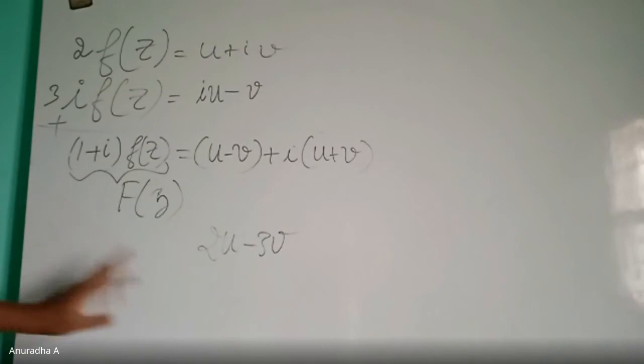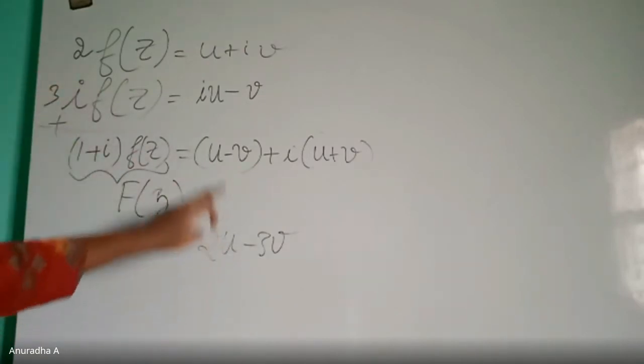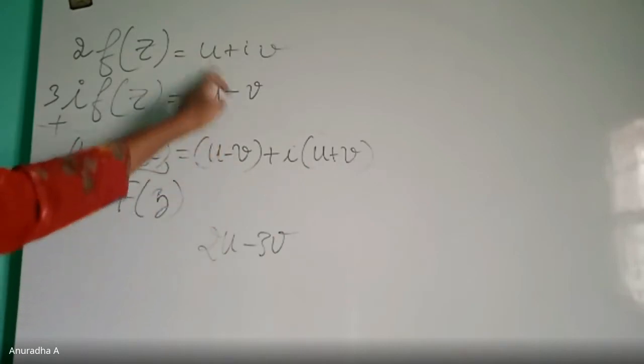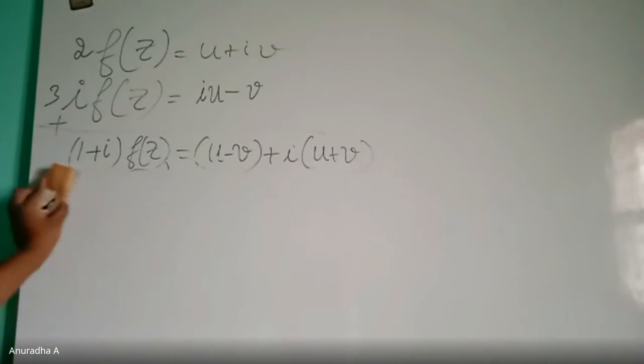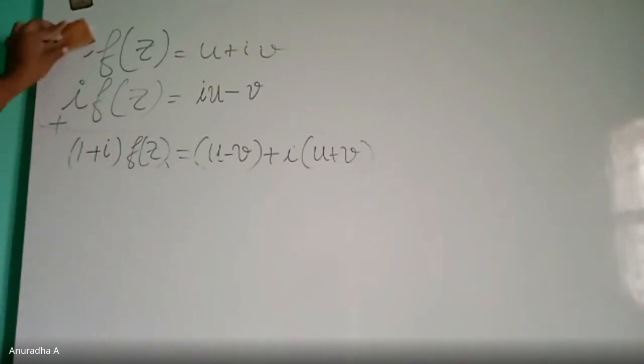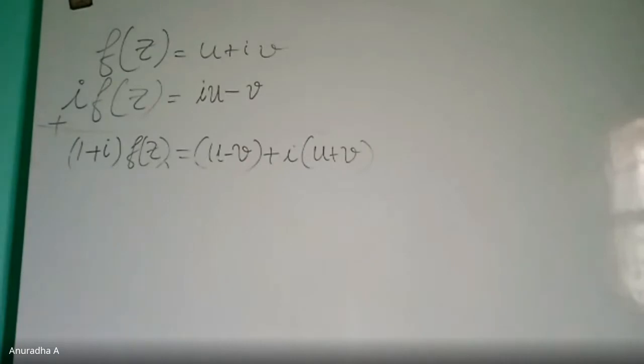Okay, that's the way we have to do. Whatever scalar they are having, that scalar we have to multiply according to from where we want. So this is always what we are going to do. For these kinds of sums, it is f of z, i f of z, and this. Quickly, I'll show one example either using u plus v or u minus v. How to do?